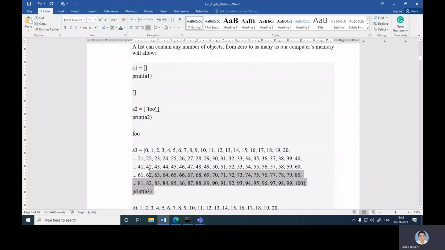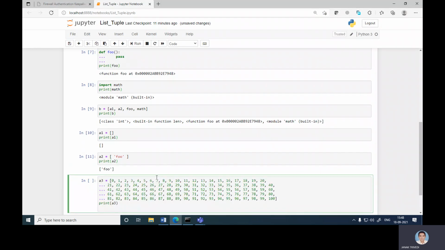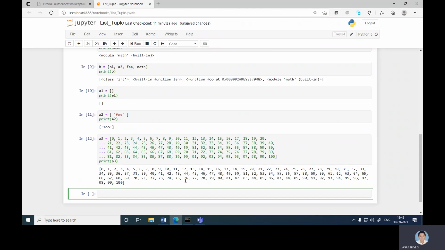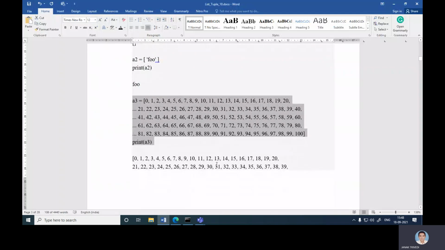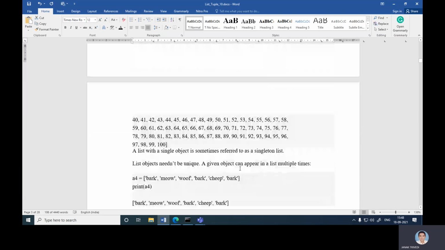Now if you want to enter a list from 0 to 100, it provides you that particular list from 0 to 100. So whatever list value we give for the particular variable will be provided at the output side.